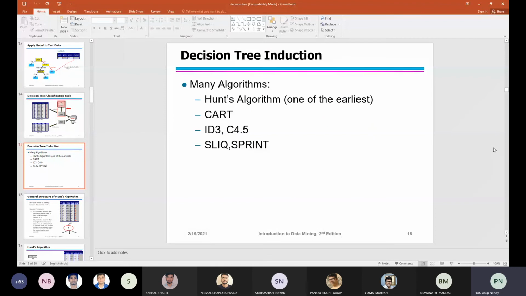You can find different decision tree algorithms: CART, ID3, C4.5. Mostly these three algorithms are used. Based on your criterion, which criterion function you are going to choose, we'll see tomorrow. I'll take one class from 8 to 9, and there we'll see some more examples, and you have to compute it.